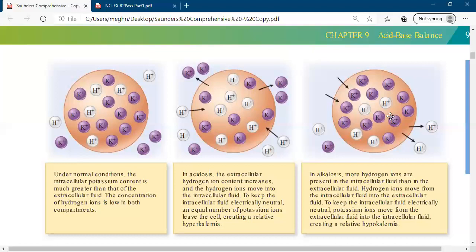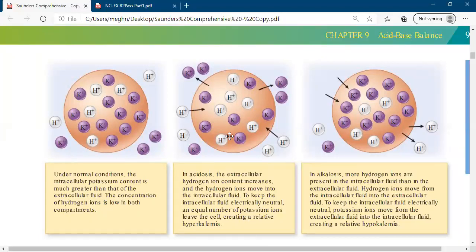Intracellular means inside the cell. Extracellular means outside the cell. So they said, last picture, picture number 3, in alkalosis, more hydrogen ions are present in intracellular fluid, more hydrogen ion concentration. It is alkalosis. But the picture number 2,